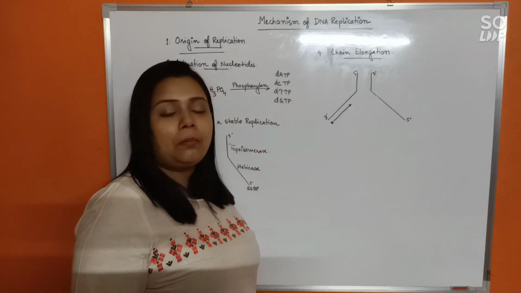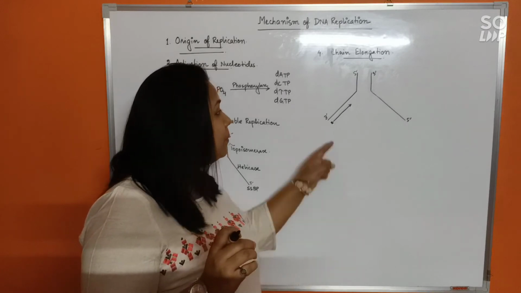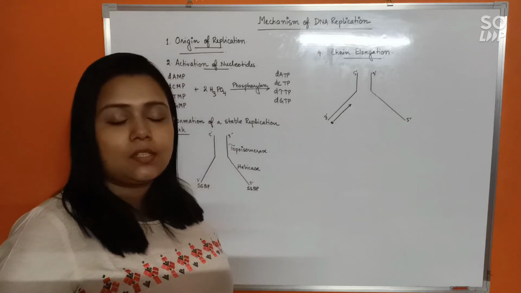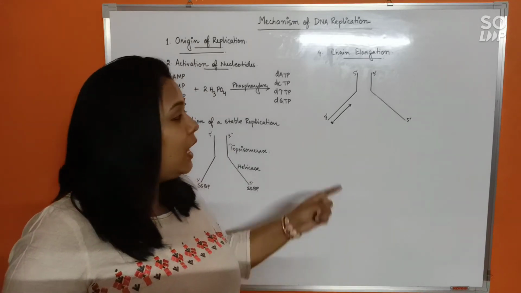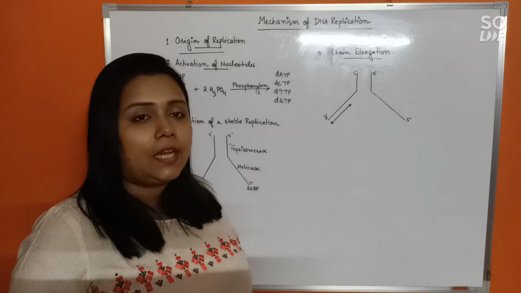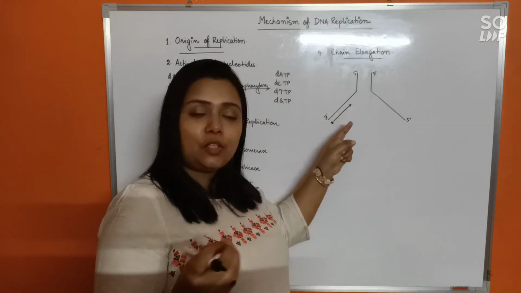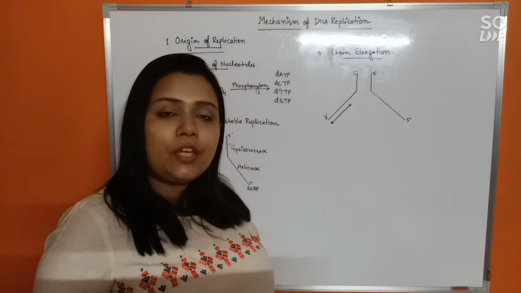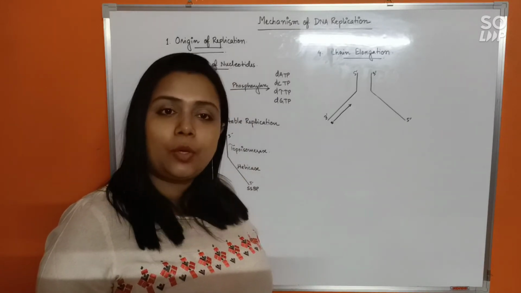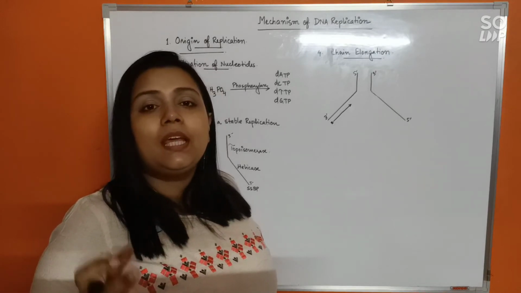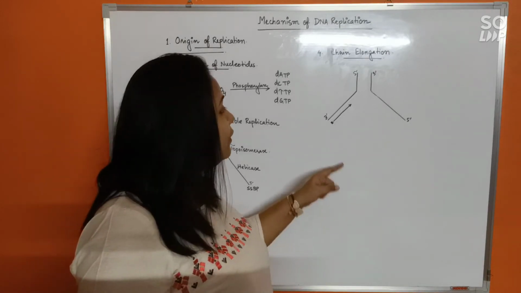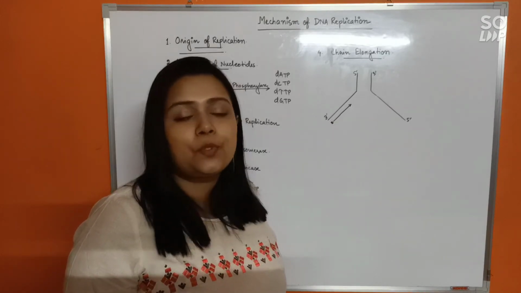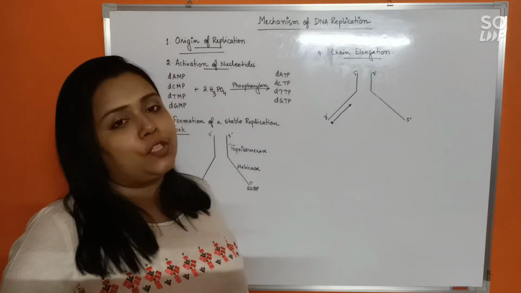Alright. Do remember, all the nucleotides that will be brought as per base complementarity rule are in the triphosphate state, isn't it? As soon as a nucleotide in the triphosphate state is brought to be added to the chain, immediately the triphosphate will be converted to monophosphate. Two phosphate groups will be cleaved from the nucleotide every time a new nucleotide is added to the chain. This breakdown of the phosphate groups will be done by the enzyme pyrophosphatase.